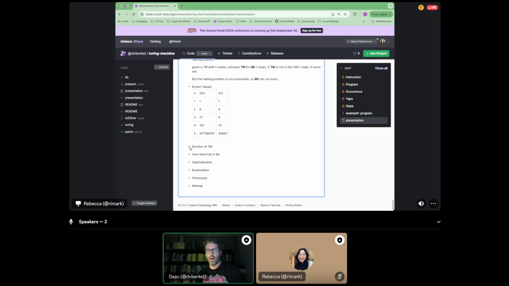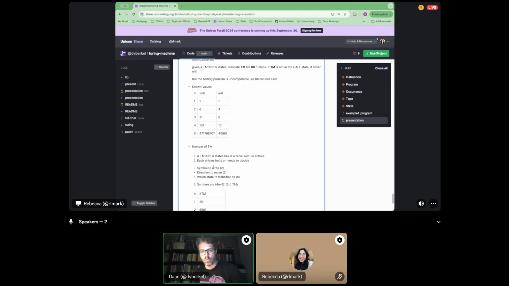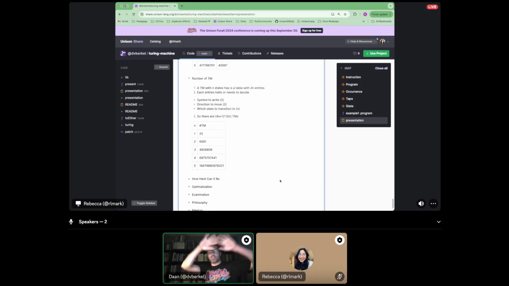So there was a suggestion for what the maximum running time of a 5-state Turing machine was, but it wasn't proven. And I thought to myself, well, it seems a little bit big, but it's not that big of a number. If you do some back of the envelope calculations, there aren't that many Turing machines. So I did the math, and if you unfold the number of Turing machines,